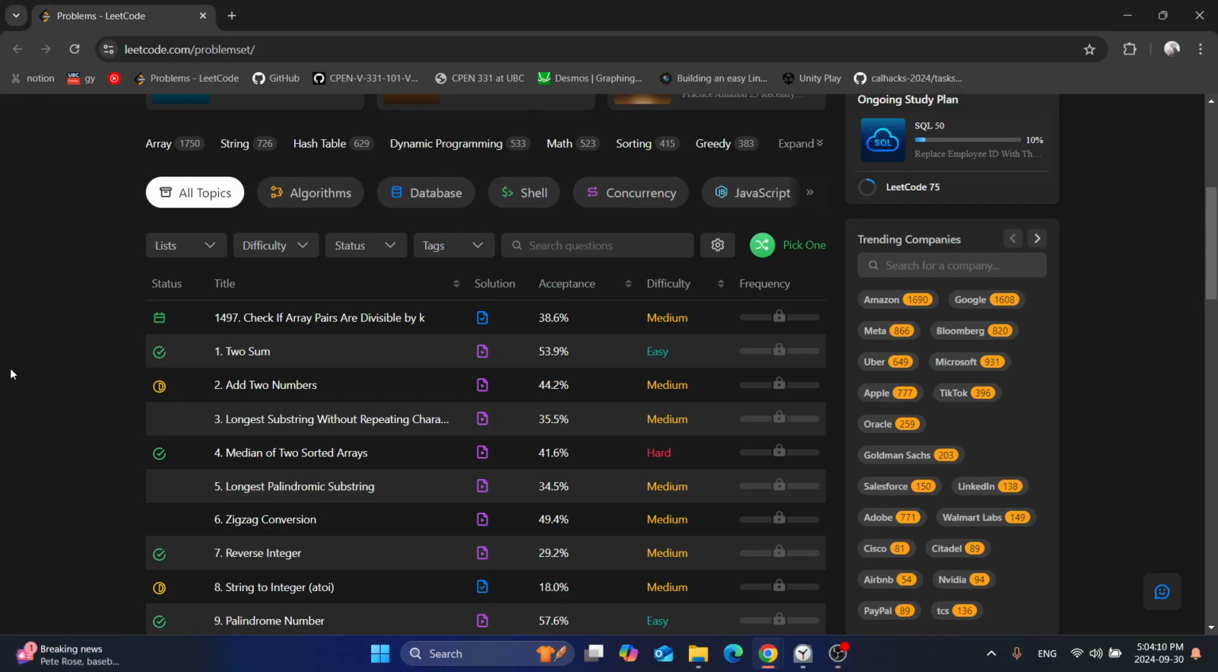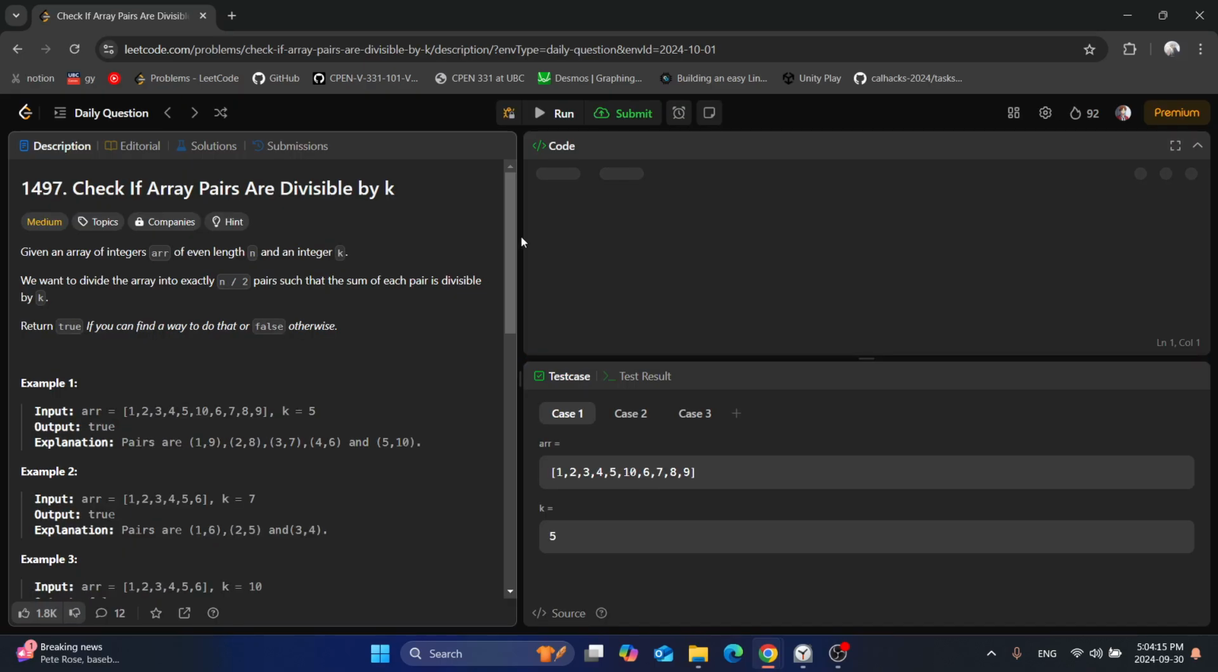Okay, still check if array pairs are divisible by k. Given an array of integers, an array of even length, and an integer k,